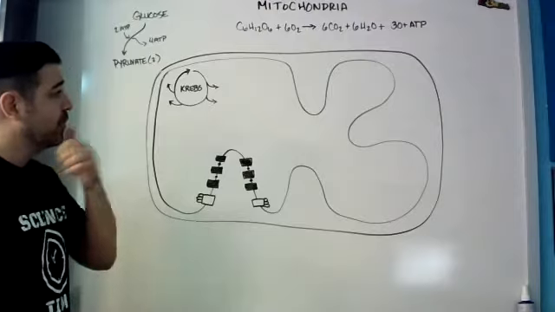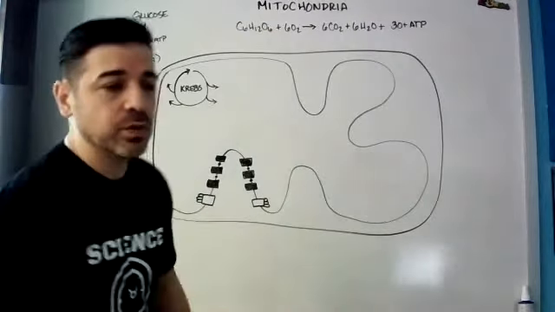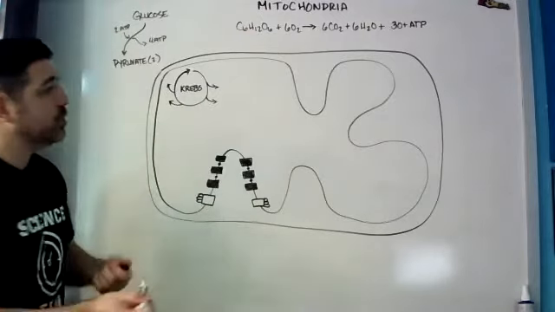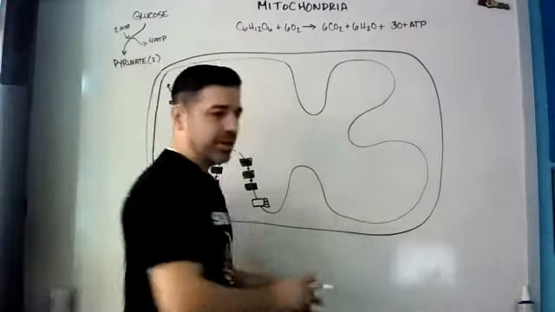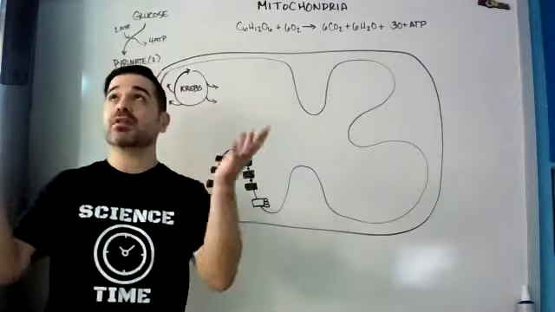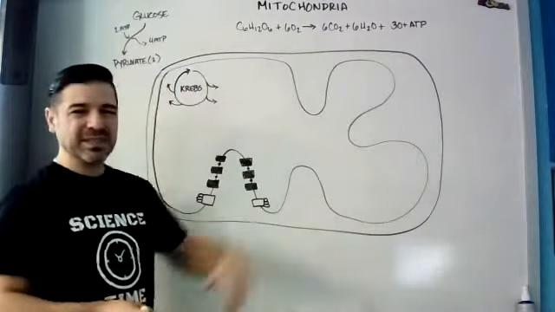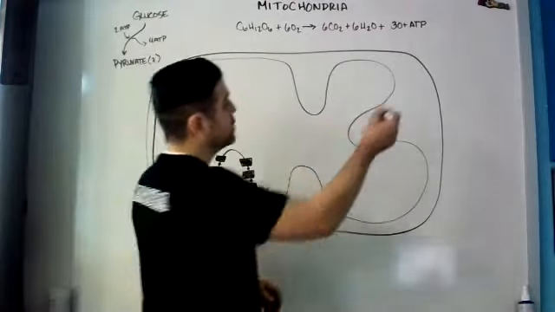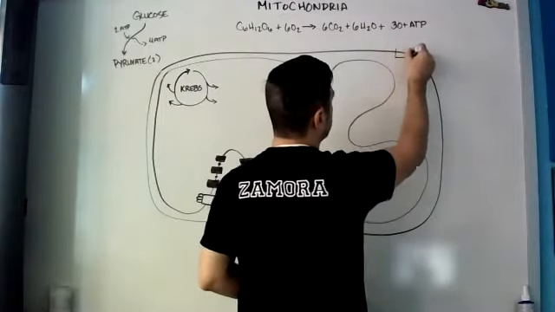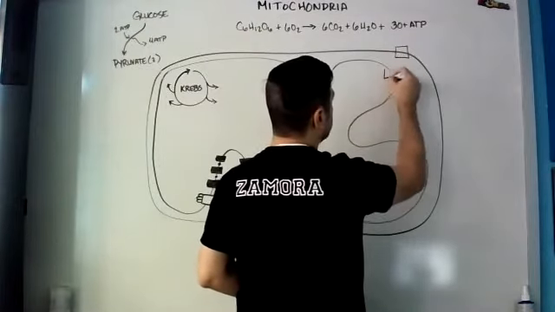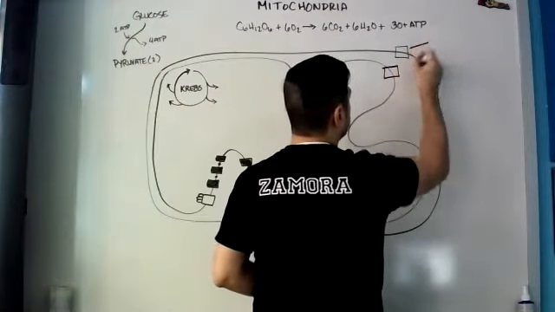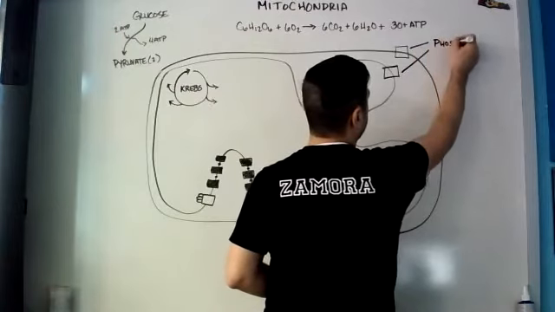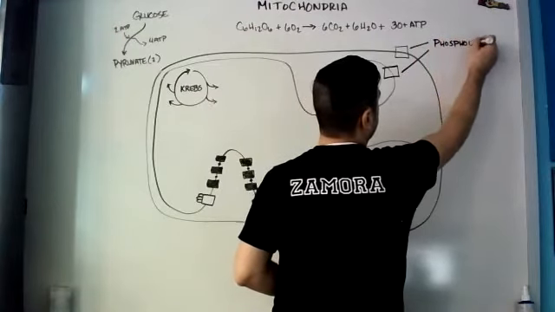All right, so the first thing we're going to focus on here is the overall structure of the mitochondria. And we're going to zoom in on two sections up here near the top. I know there's a little bit of a glare down here, and I do apologize for how dark the video is. I'm trying to make sure you can see everything on the board without too much glare, but we won't be using this space, so it should be okay. All right, so over here at the top, we're going to zoom in a little bit on both of these sections. These are going to represent the membrane, a very specific type of membrane known as a phospholipid